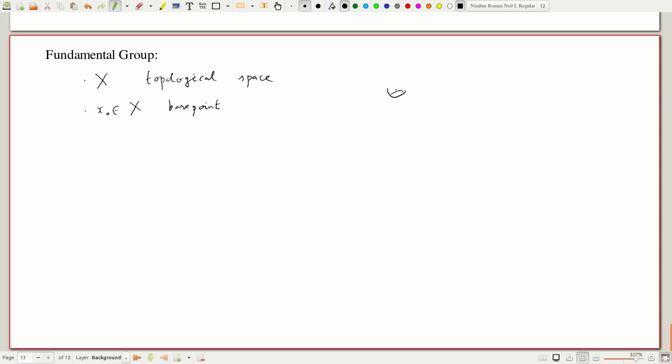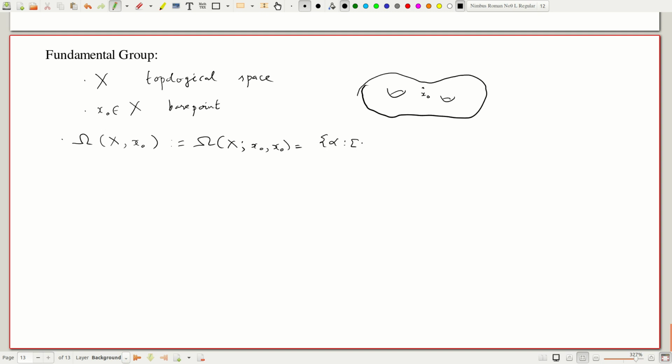So here's the space. Maybe it's again a 2-hole torus, and here's the point x0. Okay, so now we're going to look at Omega of x0, what we previously called Omega of x0. That is, it's just looking at paths alpha from [0,1] to X, with both alpha of 0 and alpha of 1 being the base point x0. And as mentioned earlier, we have star and also alpha to alpha bar defined on Omega